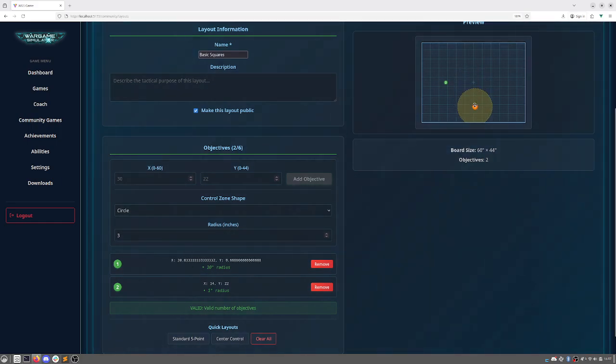Similarly, we could grab this, maybe we have one big deployment here, and you maybe put two little ones in the top corner, and you can have kind of asymmetrical gameplay. So in this kind of objective generation area, you're not only limited to creating circular objectives within 3 inches, you can create objectives that have rectangular shape or circular shape, as well as vary the size of those objectives. And that, I think, is just an interesting way to add some more dynamic play, not only to Warhammer 40K,